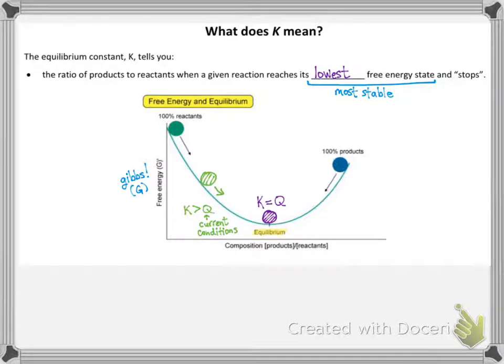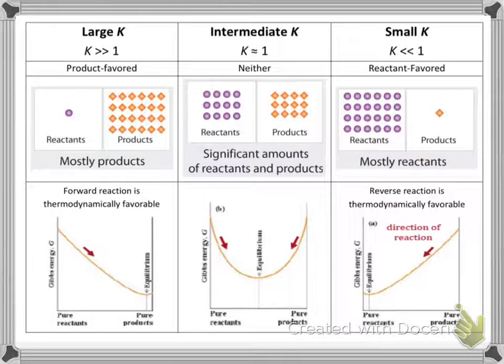However, if you have too many products at your current conditions, then the reaction is going to be driven to run backwards until it reaches equilibrium. But in all cases, your chemical system is going to react until it has reached its lowest free energy state, and that is equilibrium. The thing about equilibrium is the location of that most stable point is different for every